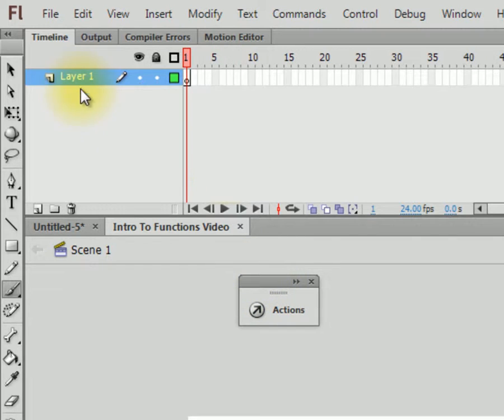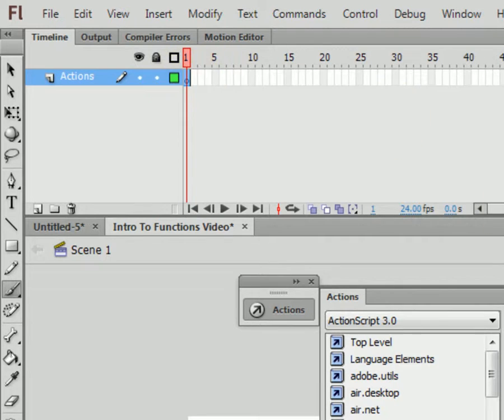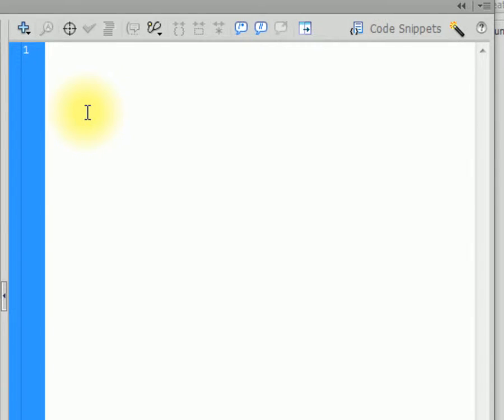And I'm going to get started by renaming layer 1 to actions because we're good practicing people. I'm going to select my actions layer, frame 1, tap F9 to bring up my actions window, and now we can begin. So let's start with a comment saying intro to functions, and first